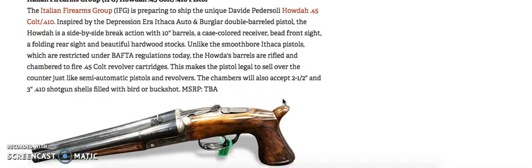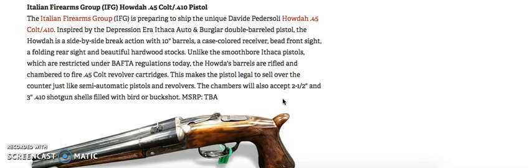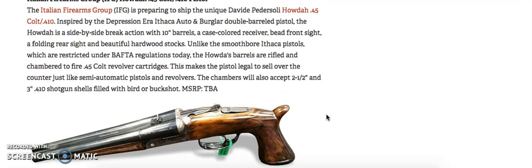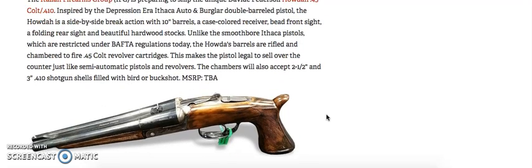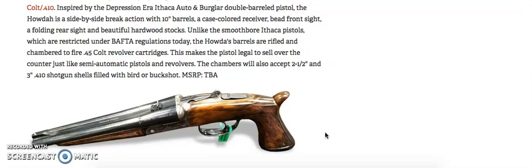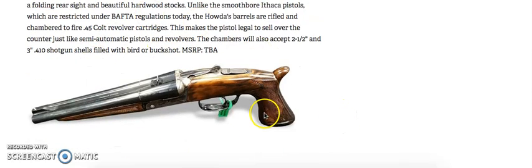Now, another one coming out that really catches my attention is the Italian Firearms Group (IFG) Howda. I want to call it Howdy, the Howdy 45, but it's the Howda 45 Colt 410. What's unique about this is because it has spiral rifling in the barrel, this is able to be sold over the counter as a pistol, according to BATFE regulations, because it is chambered for the 45 Colt. And you can just happen to put those 2.5 and 3-inch 410 shot shells in there and not violate federal